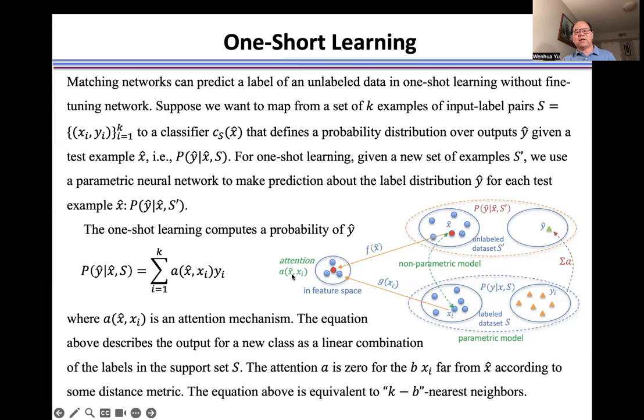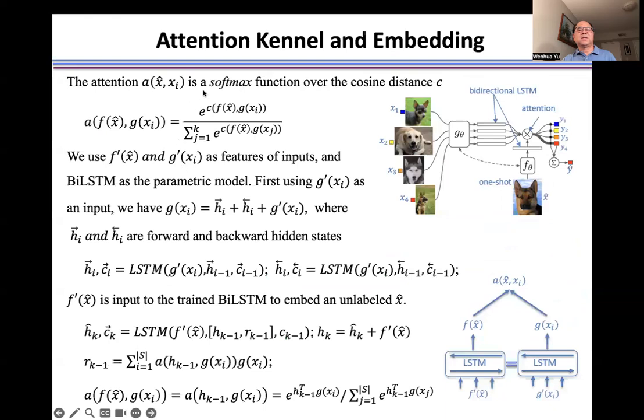If x_i is far away from x-hat, the attention A will be 0. For example, given b, x_i far away from x-hat according to some distance metric, this equation is equivalent to k-b nearest neighbors. Attention A is a softmax function over the cosine distance C, where C is a similarity score between feature F